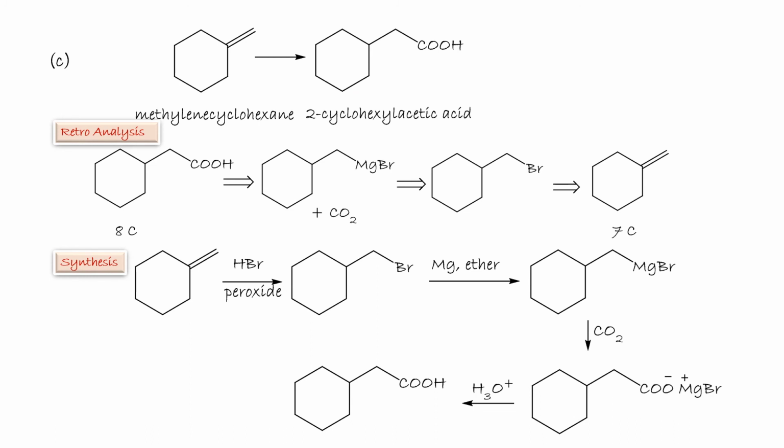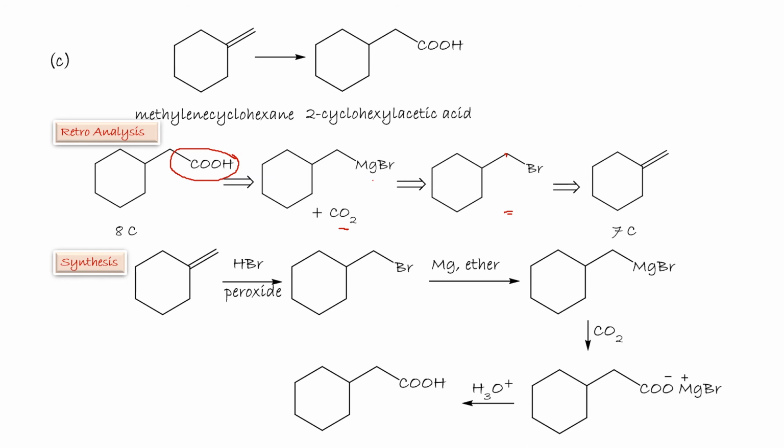How can we transform methylene cyclohexane to 2-cyclohexyl acetic acid? Well, we can do it again. This will come from Grignard reagent with CO2, and the Grignard from the bromo compound. And this bromo compound, we can get again from methylene cyclohexane, but by the addition of HBr